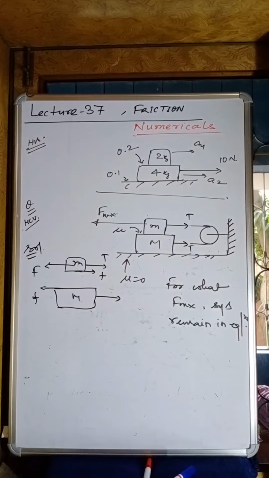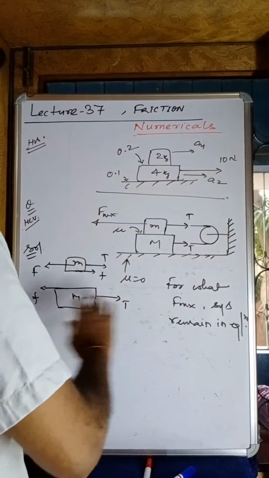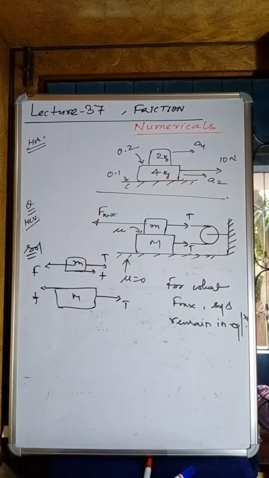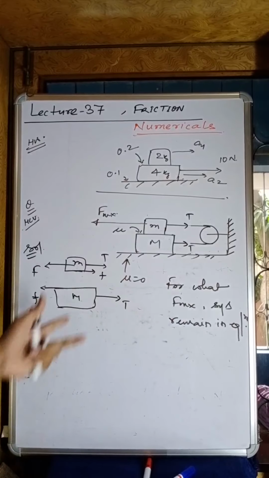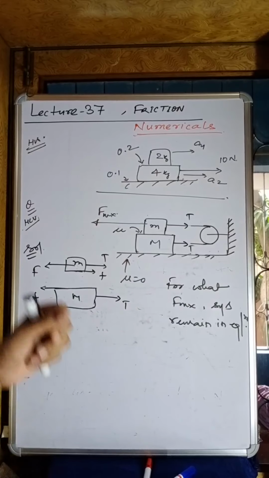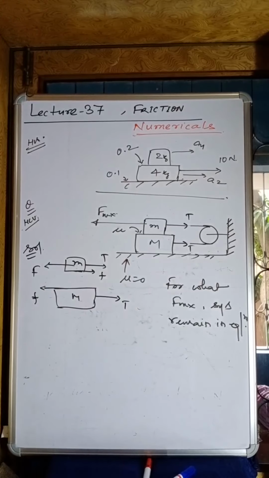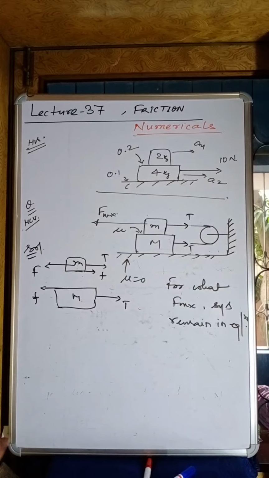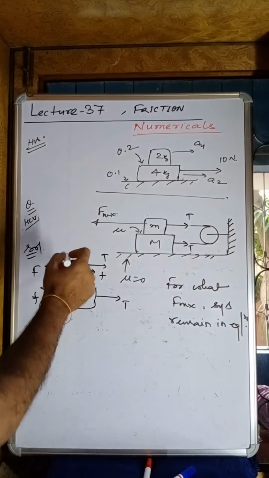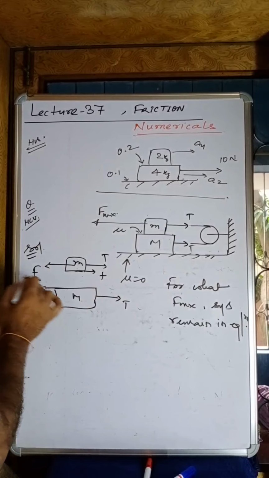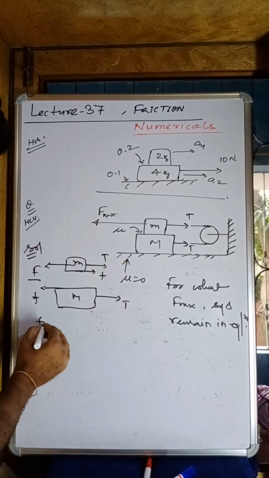Now, if this tension is capable of driving this mass capital M, then there will be a friction force from the bottom. But here the mu is 0, so no friction force will be considered. Since the system is in equilibrium, remember, in the question it is given that the system is in equilibrium. If the system is in equilibrium, my dear students, it means this body is at rest, and this F, the maximum F, will be balanced by T plus friction force. So for M, we can write,